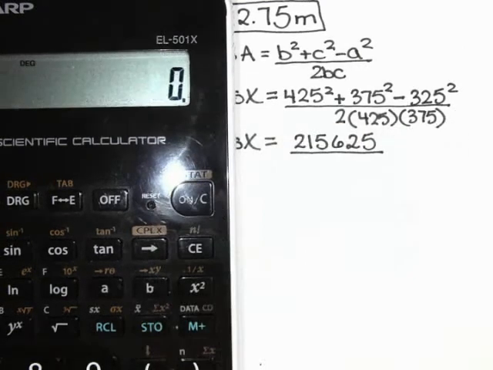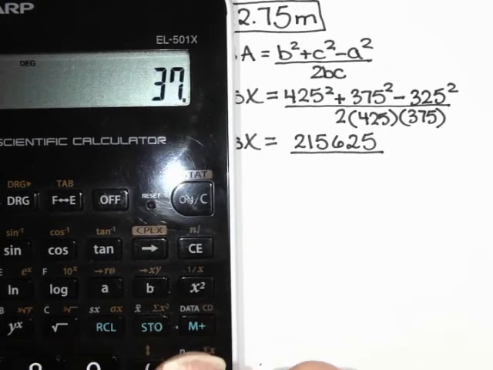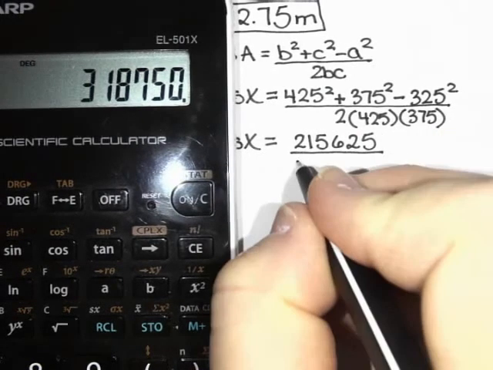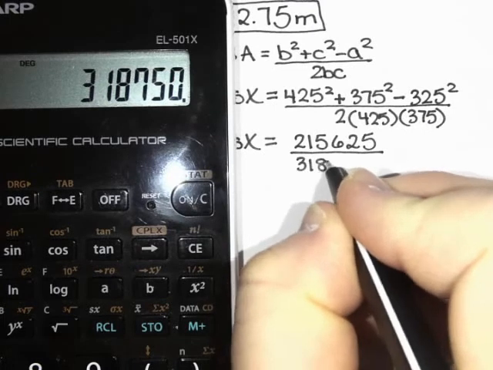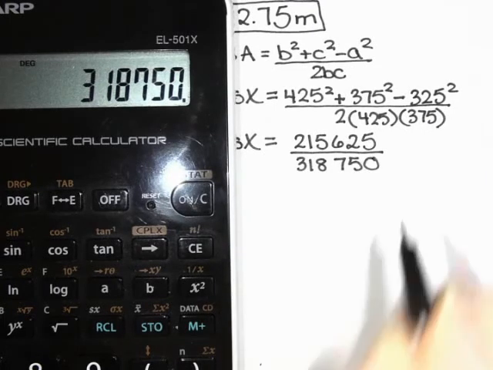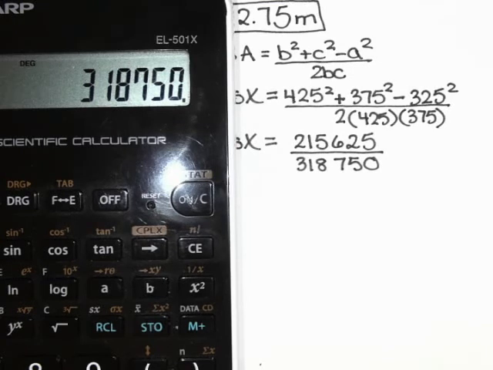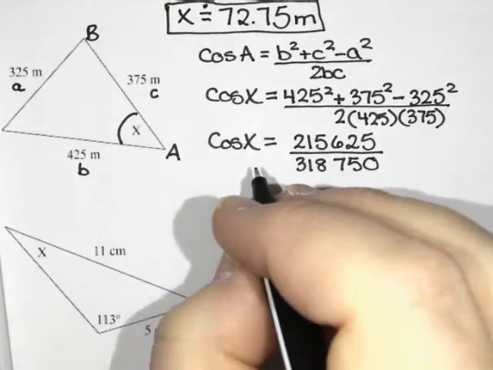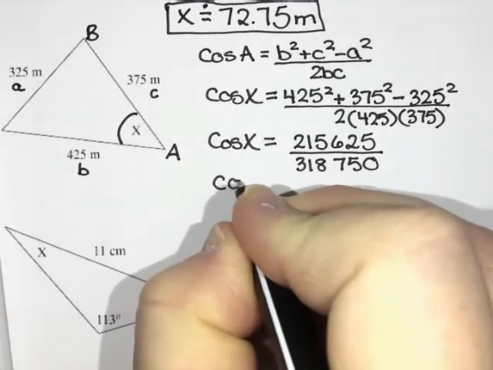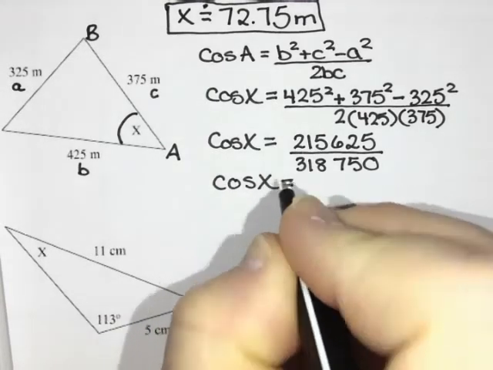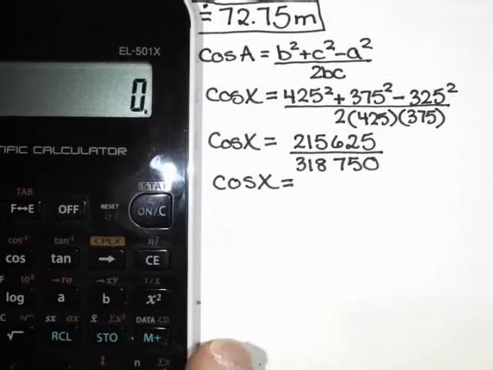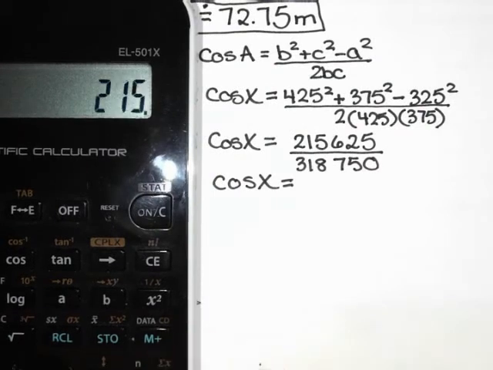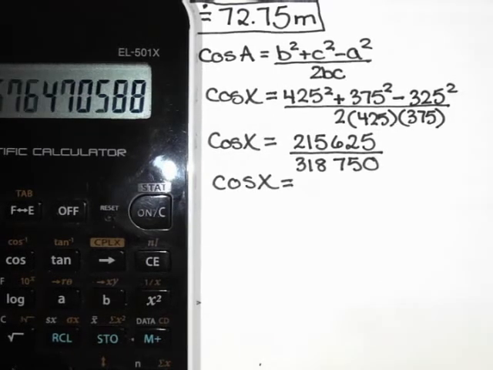In the denominator, 2 times 425 times 375 gives me 318,750. Okay, my next step, I'm going to calculate what that is on my calculator. So I'm going to take 215,625 and divide that by 318,750, and I get